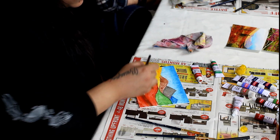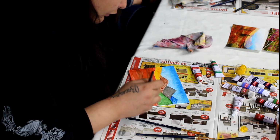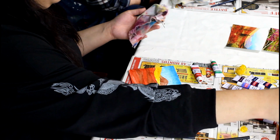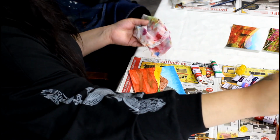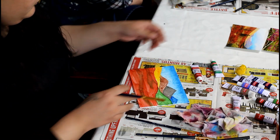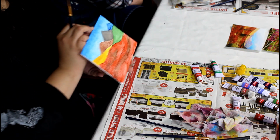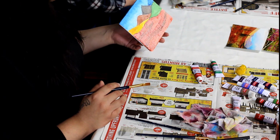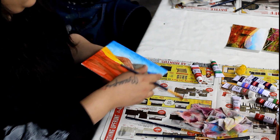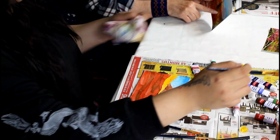Oh, the green's nice underneath, eh? Wish it would blend out a bit more. It will later, because what you're going to do is layer more color, like this, while Kara gets her brush cleaned off. One thing she has commented on is that she wishes her green would blend a little bit more. But you can use that area as an area to build your bushes, like these areas,